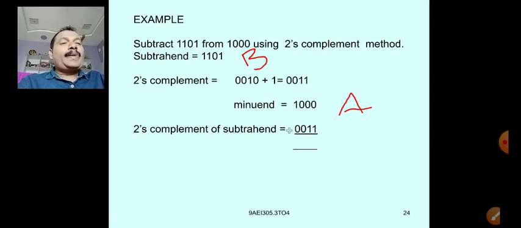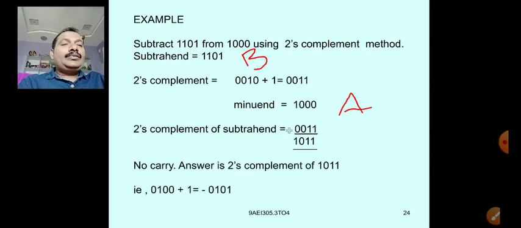You add. Now, how much do you get? 0 plus 1 is 1. 0 plus 1 is 1. 0 plus 0 is 0. And 1 plus 0 is 1. So no carry is generated. So here the answer is